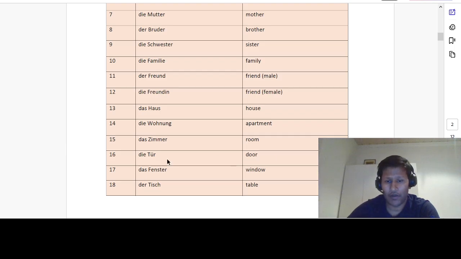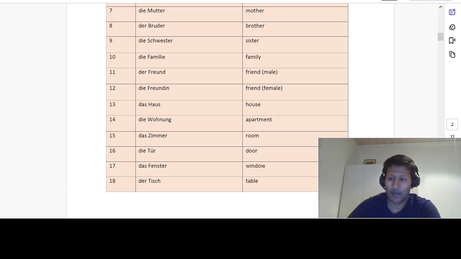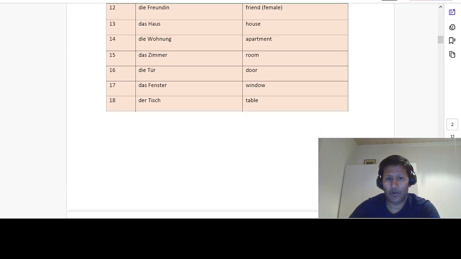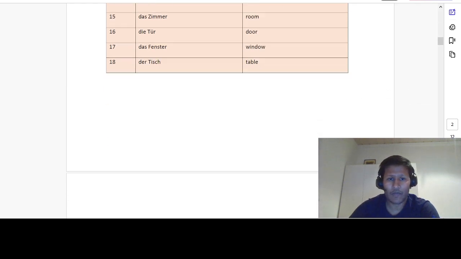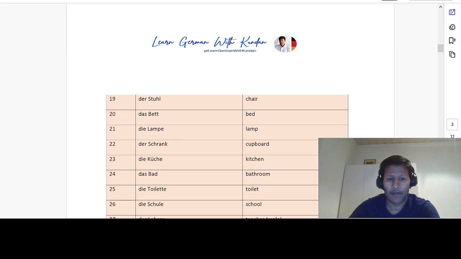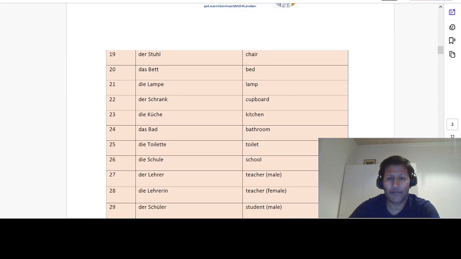Die Tür, door. Das Fenster, window. Der Tisch, table. Table is masculine. And now we move on to the next one. So der Stuhl, chair. Das Bett,